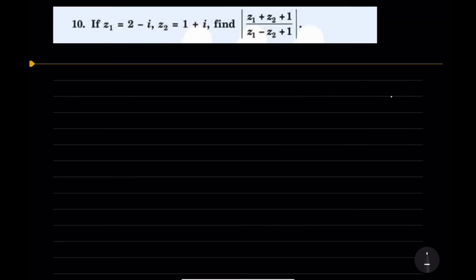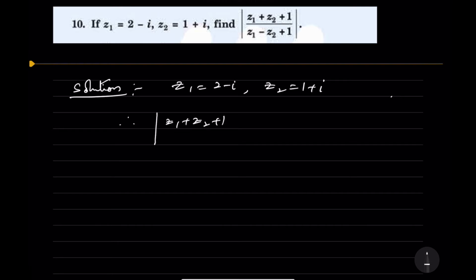Now going to the 10th. So what's the 10th one? We'll see. It's given that z1 = 2 − i, z2 = 1 + i. Find the modulus of (z1 + z2 + 1) / (z1 − z2 + 1). So in the solution here, you have z1 = 2 − i, z2 = 1 + i. Therefore the modulus of (z1 + z2 + 1) / (z1 − z2 + 1) is equal to